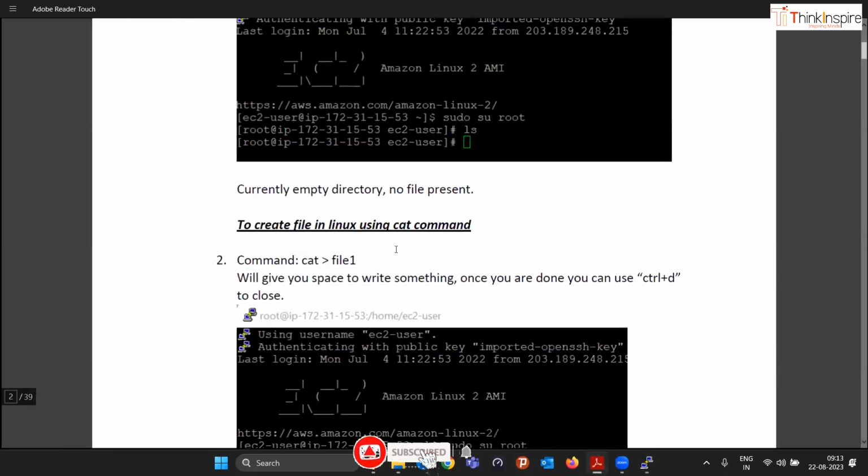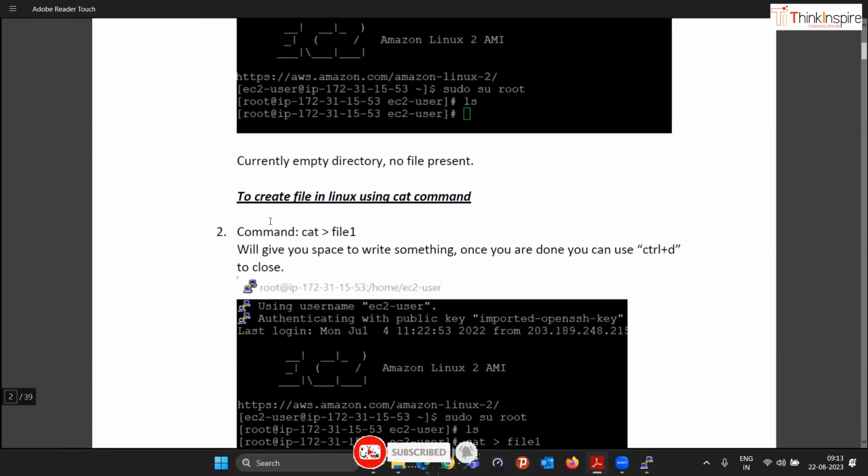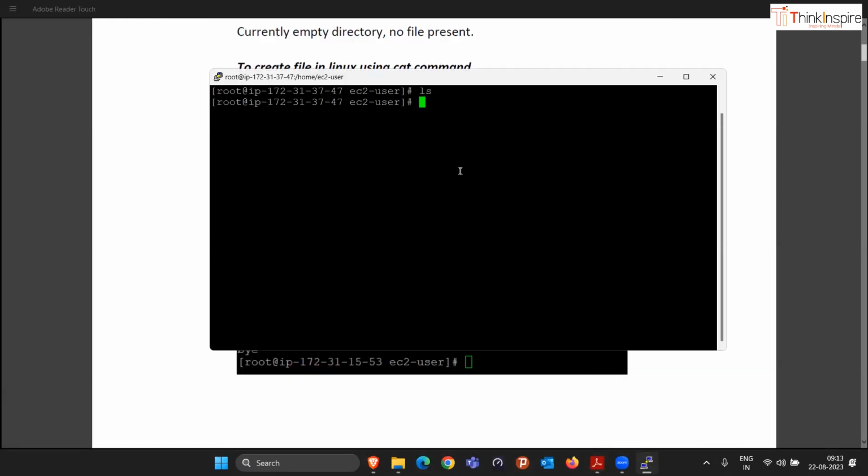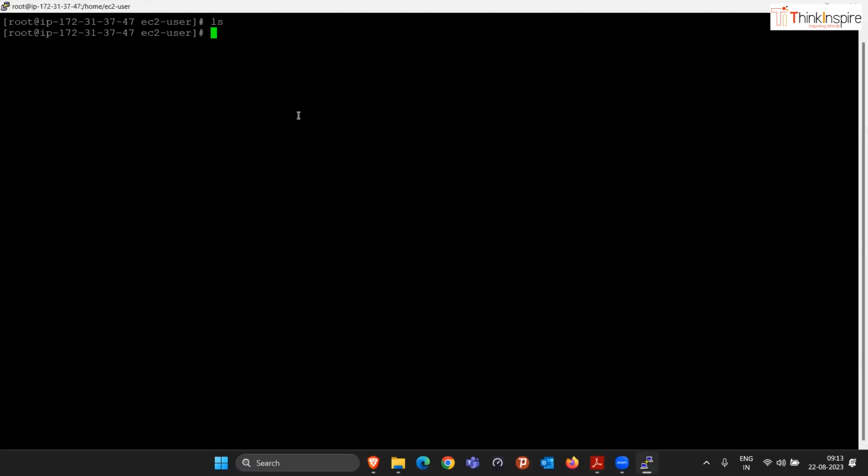Now if I want to create a file, like in Windows we create a file in Notepad, similarly in Linux, if you want to create a file, you can use a command called cat. To create a file you can use the cat command. Just try to understand how I'm writing this command. If you want to create a file with the name file1, you have to simply write the command cat